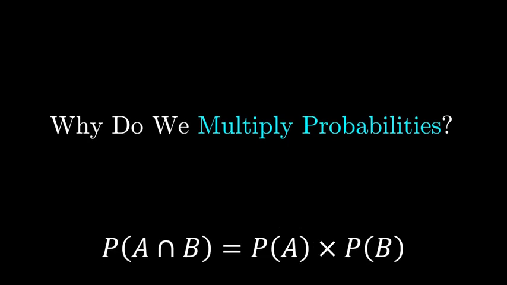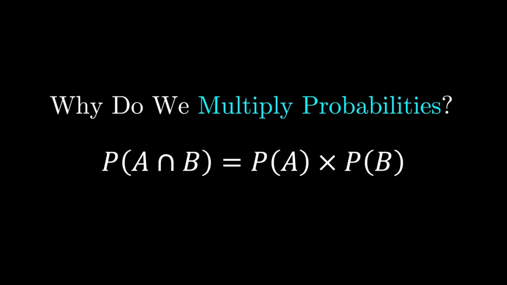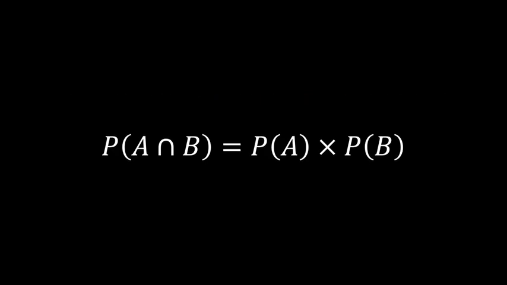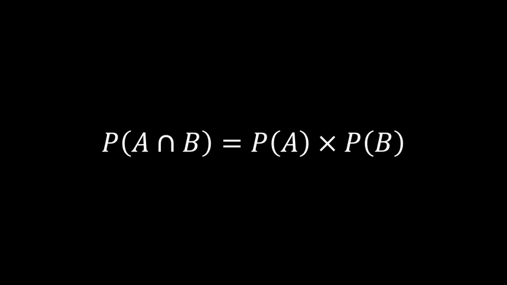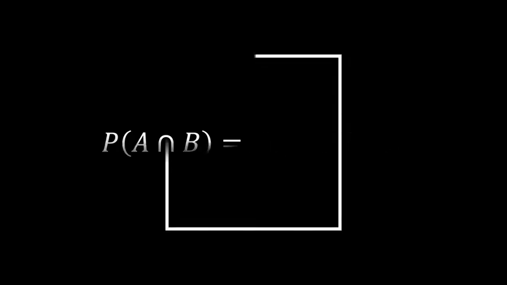Why do we multiply probabilities when we're trying to find the chance of two events happening one after another? It's tempting to just memorize the rule, but it's much clearer if we picture what's really happening. Think of probability as an area. Imagine a square where the whole area represents a probability of 1, meaning all possible outcomes of an event fit